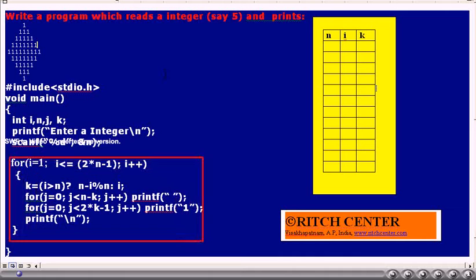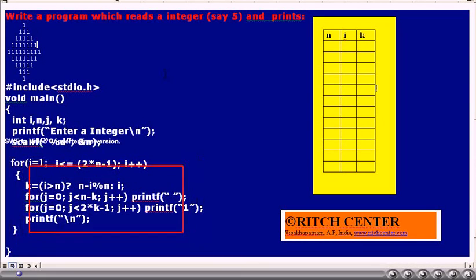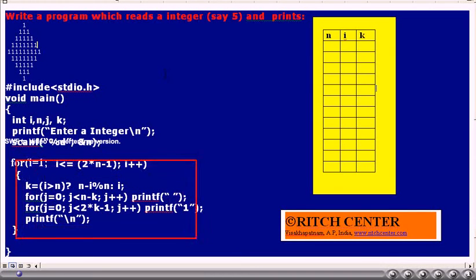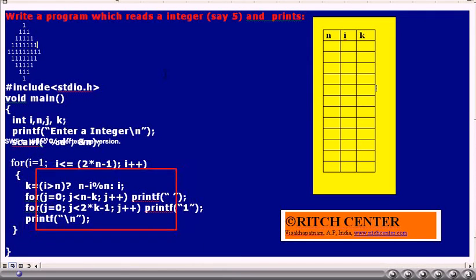You may find how many spaces are required and how many ones are required from the above table. In the case of the series of ones, in the first row, i value is 1, k value is 1. Second row, i value is 2, k value is 2. Thus we require 3 ones, which means 2 into k minus 1, that is 3.